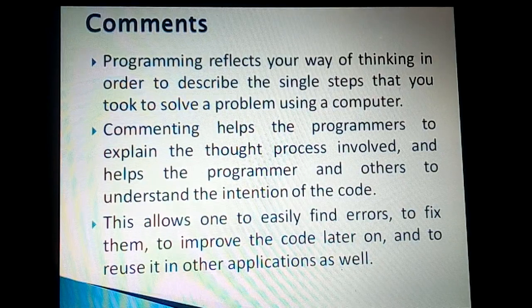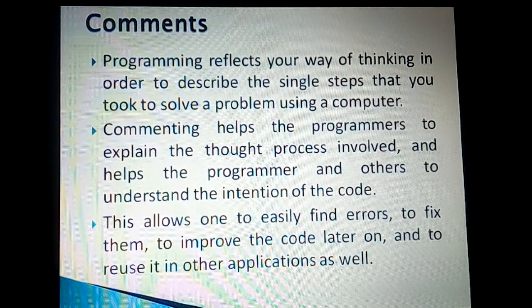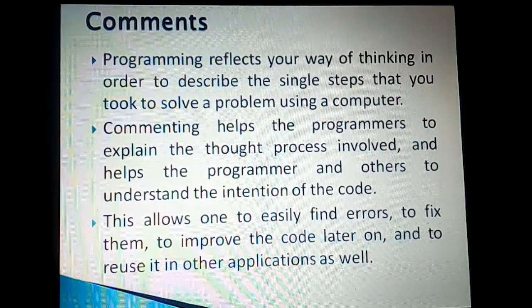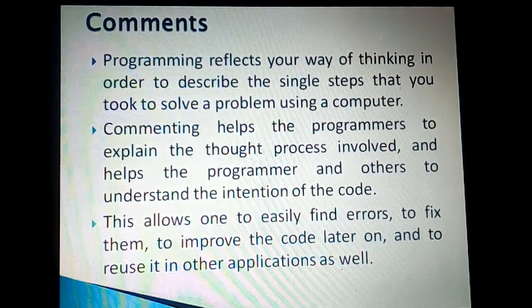Whatever program he is writing, if it is not well documented or well commented, then nobody will accept that program. And companies are very particular that a programmer should follow certain standards as far as naming conventions or documentation using comments are concerned.